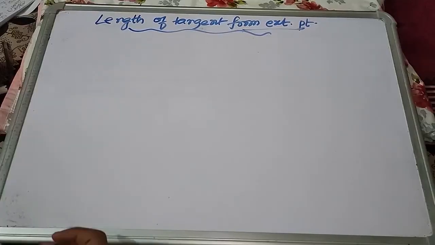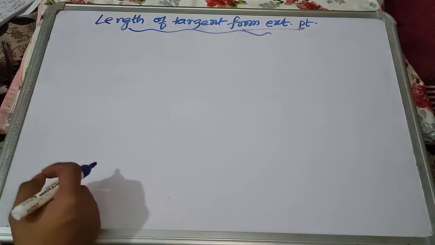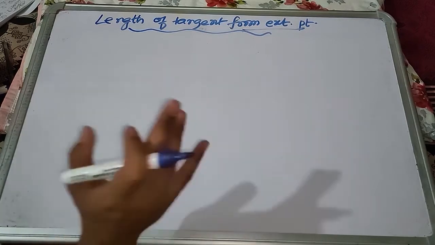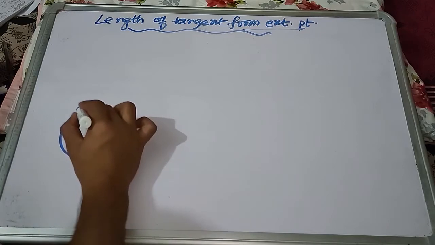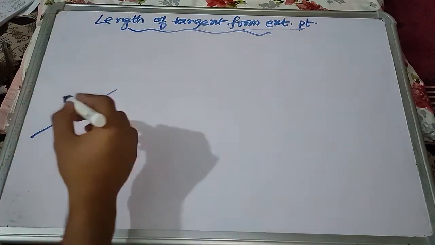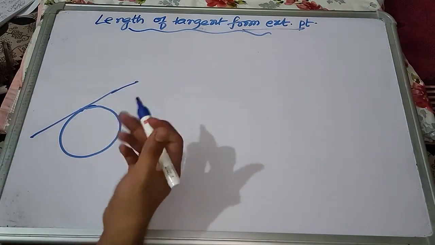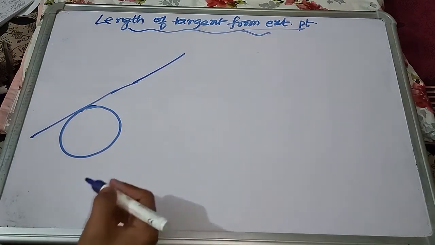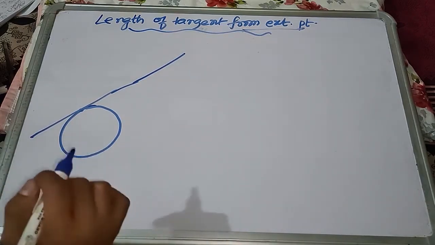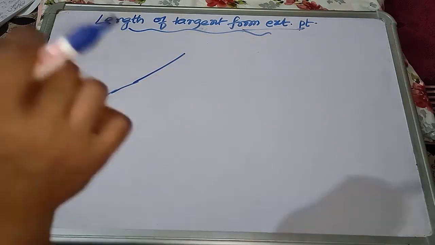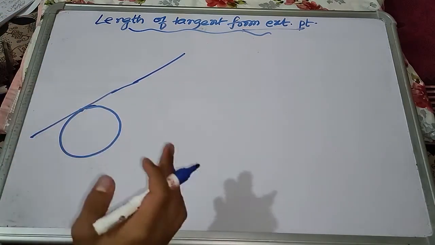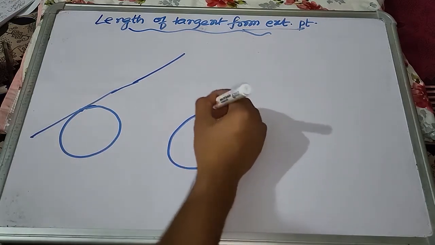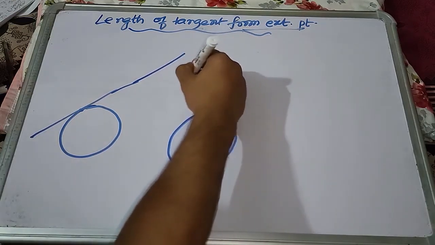Another small subtopic is finding the length of tangent from an external point. Why an external point? Very simple. If you were given a circle and a point on it, you can draw one tangent there, but what is the length? You can extend it infinitely as much as you want. So there is no sense in asking the length of tangent from a point which lies on a circle. It only makes sense when you are asked for the length from an external point.